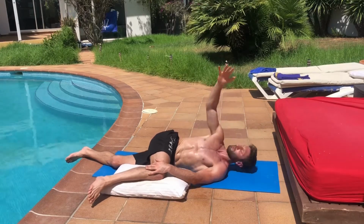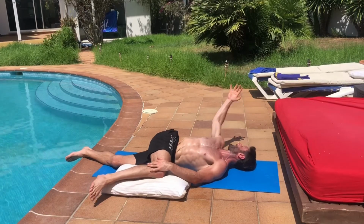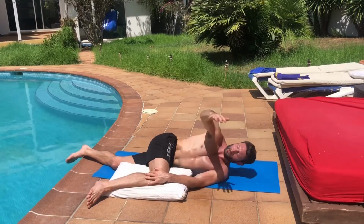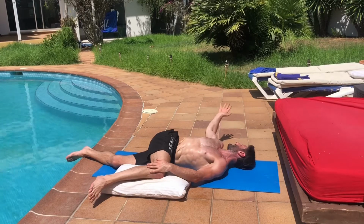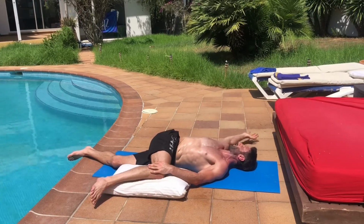Let's do 3 more. Nice and steady through the spine. 1, stretch out, and again. 2, and 1 more. 3. Now we're going to hold in this position and we're going to wave our arm above